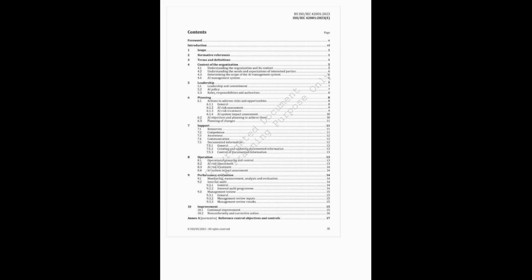First, you're checking if your system conforms to all the requirements. Your own internal requirements, policies, procedures, objectives, and of course the requirements of the ISO 42001 standard itself. Right, so you're making sure you're following the rules of the game, both your own and the official ones. Precisely. And the second check is to see if your AI management system is actually being implemented and maintained effectively in practice. So it's not just a dusty document on a shelf somewhere. It's actually being used. Right. You're looking beyond the paperwork to see how things are actually working on the ground. And the standard gets pretty specific about how you should be doing these audits. Yeah, let's walk through those responsibilities. Sure.